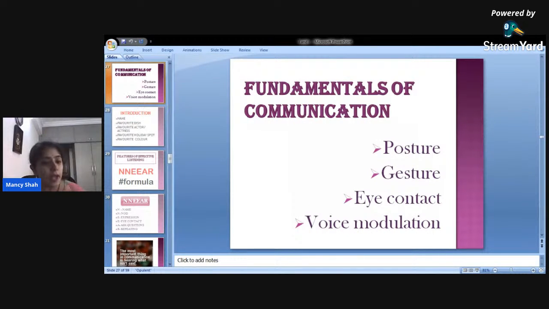So don't keep your hands in the pocket, no hands behind, no hands touching your tie again and again, don't keep combing your hair with your hands. Or some women might keep touching their dupattas. No, no, it's a big no, no. So don't keep your hands in the pocket, no touching your tie, or combing your hair again. Don't do all this, it is kind of unprofessional.